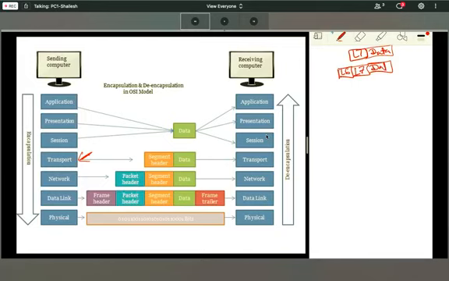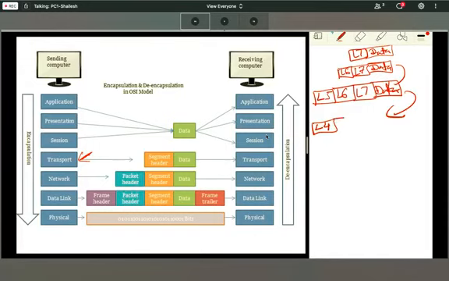Now this will come down to the session layer. Then the session layer will add its header, and this is L5 header, L6 header, L7 header, and this is your data. When it is coming down towards the transport layer, then the transport layer will give one more header, L4, L5 is the previous one, L6, L7, and this is your data. Then it is coming down. If you can see on the diagram, on the transport layer, this is segment header plus your data.